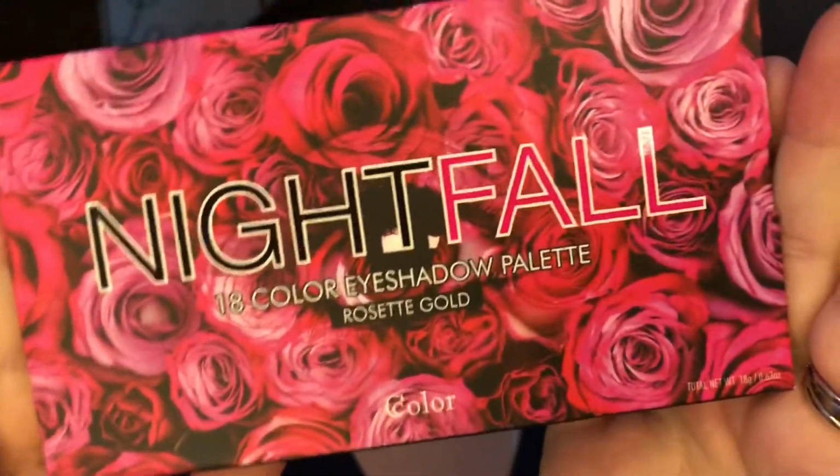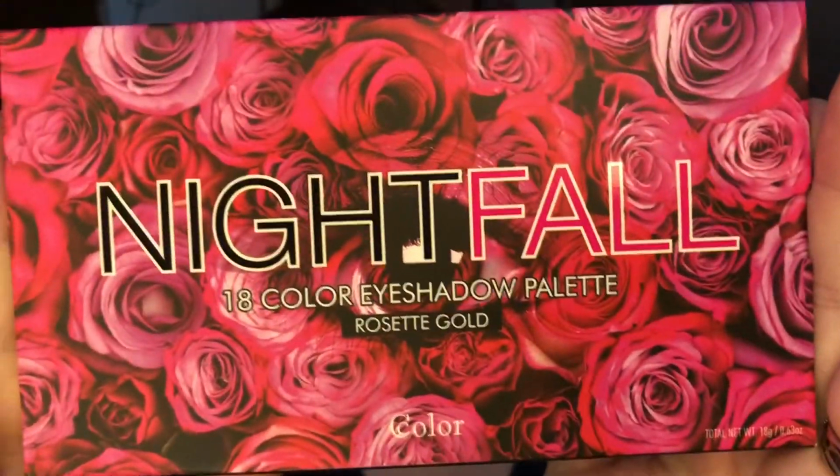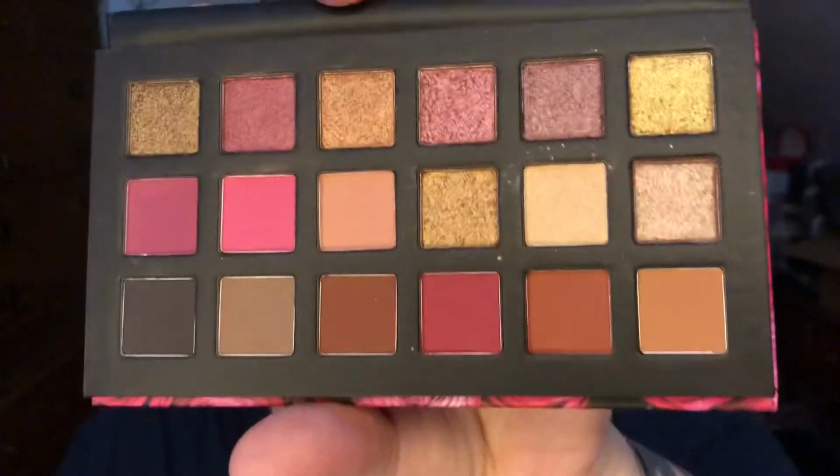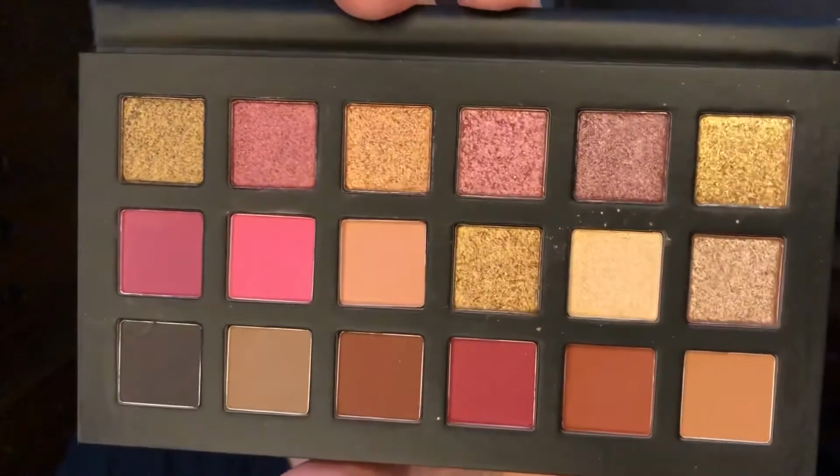So today we're going to be exploring this palette right here. It is called Nightfall. It is the 18 color eyeshadow palette. It's called Rosette Gold. It is by CColor Cosmetics. This is what the packaging looks like. This is how beautiful it looks. That is so stunningly beautiful. Just super pretty. I know this is one of the dupes for